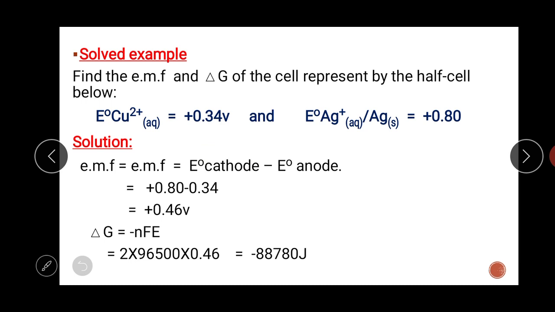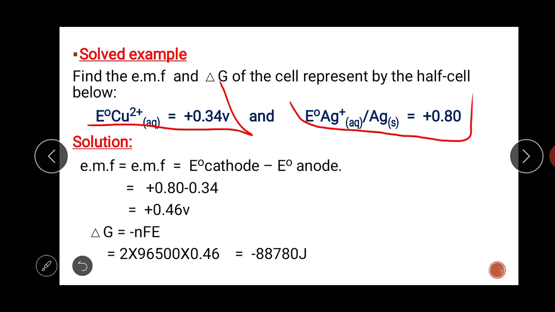Okay. Now, let's look at this together as an example. Find the EMF and delta G of the cell represented by the half-cell equations. Look at this. We are given the EMF of the copper here, and this is the EMF of the silver. Now, don't forget that we said EMF is the EMF of the cathode minus the EMF of the anode. And if you look at that, the cathode here